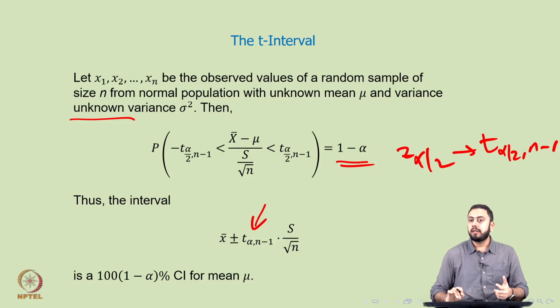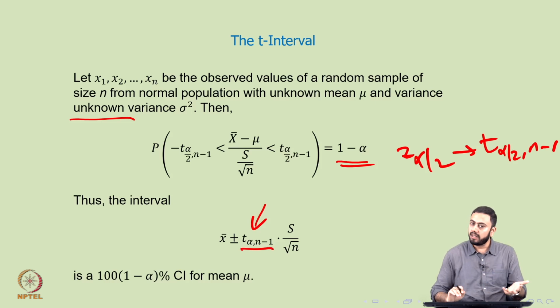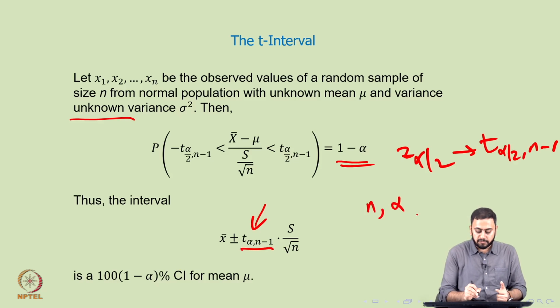Now, the final point you may wonder is how do you get hold of this number? So again, you have access to t tables. Similarly to how you have access to z tables, you have access to t tables as well. So if you fix n and if you fix alpha, I can find out the t critical value, and s would be known from the data. So s is the sample standard deviation of the data itself. Okay. So now nothing in this formula is unknown.